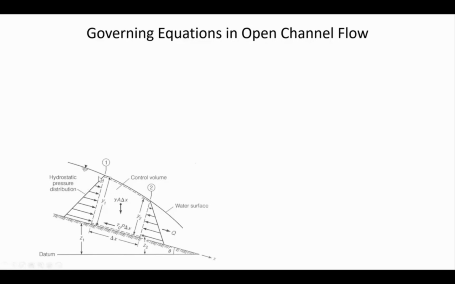For instance, if it was a rectangular channel, then we'd have the depth multiplied by the width in order to get A. We can't see it because it's into the page, but there's an area there. And then delta X is some distance between control point 1 and control point 2. So A times delta X gives you the volume of this element of water, and then gamma multiplied by the volume gives us the weight of the water. So that acts downward,